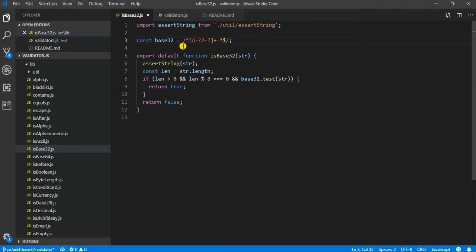Base 32 encoding has A to Z characters in uppercase, 2 to 7 digits, and adds a padding character, the equal sign, to get a multiple of 8 characters. The isBase32 function takes a string argument and first gets the string length. Length should be greater than 0 and it should be a multiple of 8,